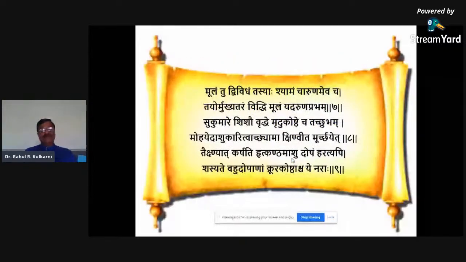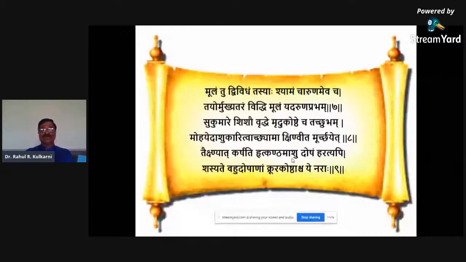Now he explains two types of this, Shama and Trivrut, and how to differentiate and identify them. Moolam tu dvividam tu asyaha, that is, two types of Moola can be seen in the case of Shama and Trivrut. Based on that only, they have said Shama and Trivrut. Shamam cha Aruna mevacha tayor